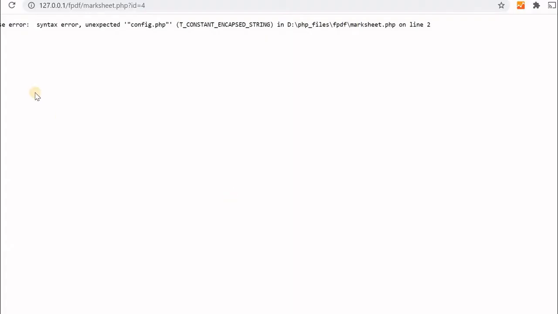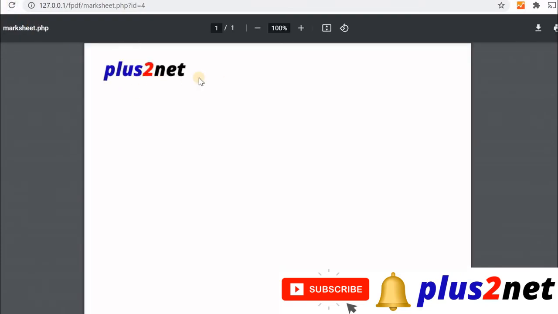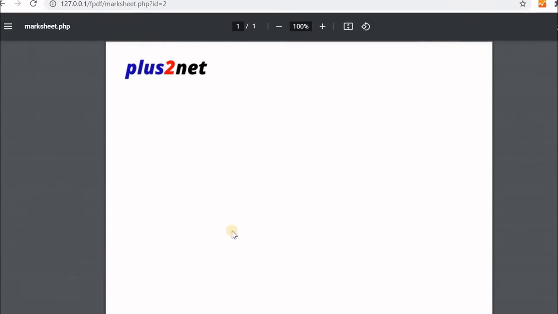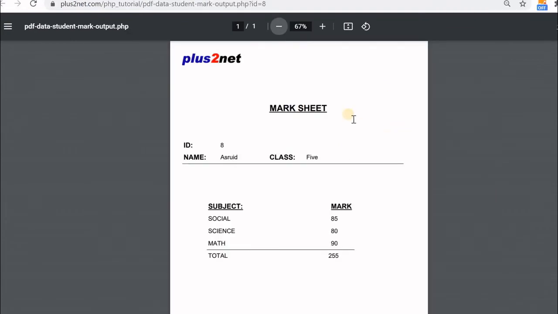Fine. Now let me refresh this. Yeah, you can see the image is displayed. So we are successfully connected to the database and fetched a record. Of course we have not displayed it, but so far this is going fine and we are able to display the image. For our understanding, this is what we have achieved so far, but what we want is this.